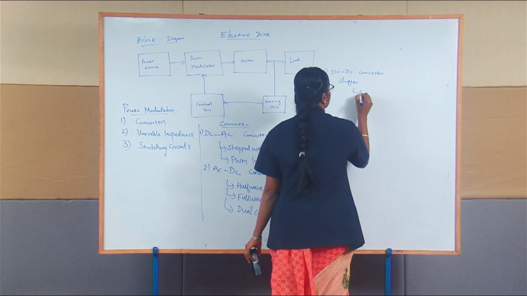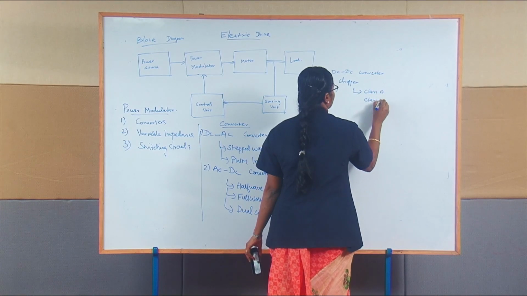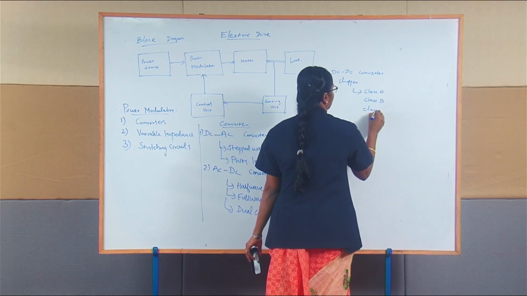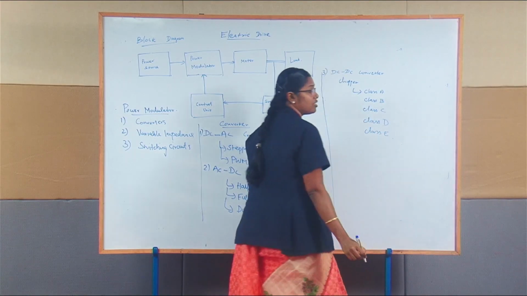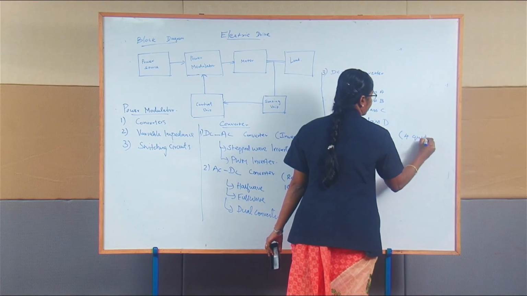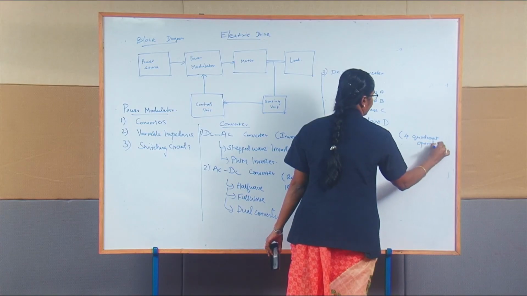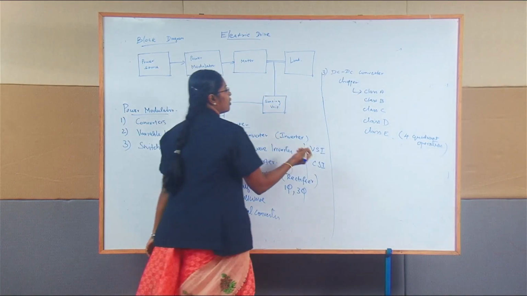Choppers, we have various types: Class A, Class B, Class C, Class D and Class E. Class E chopper provides 4 quadrant operation. So choppers, and then